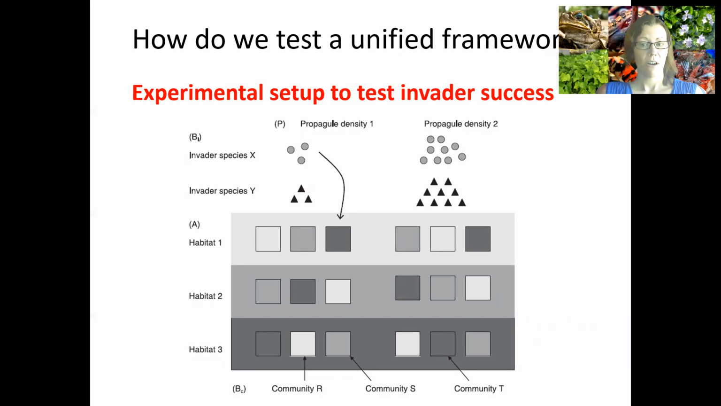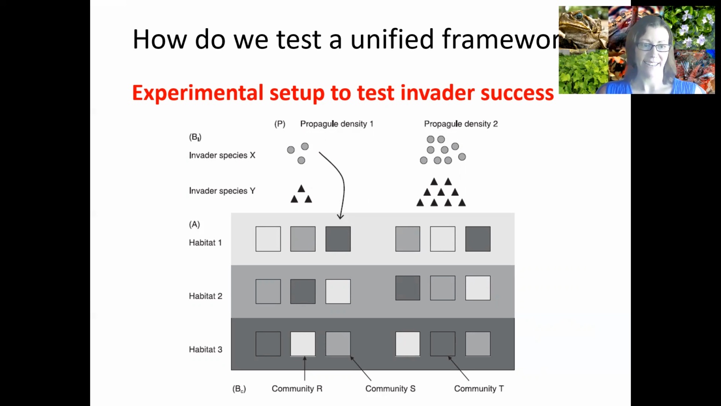Do that for different invasive species. So you can't just do that for one. You'd need to do it for a bunch of different invasive species that had different traits. And you'd want to do that across a gradient of abiotic conditions. So that's this habitat 1, habitat 2, habitat 3. So what they're basically saying is we need to stratify the heck out of everything. So have a gradient of invader traits, a gradient of propagule density, a gradient of biological communities